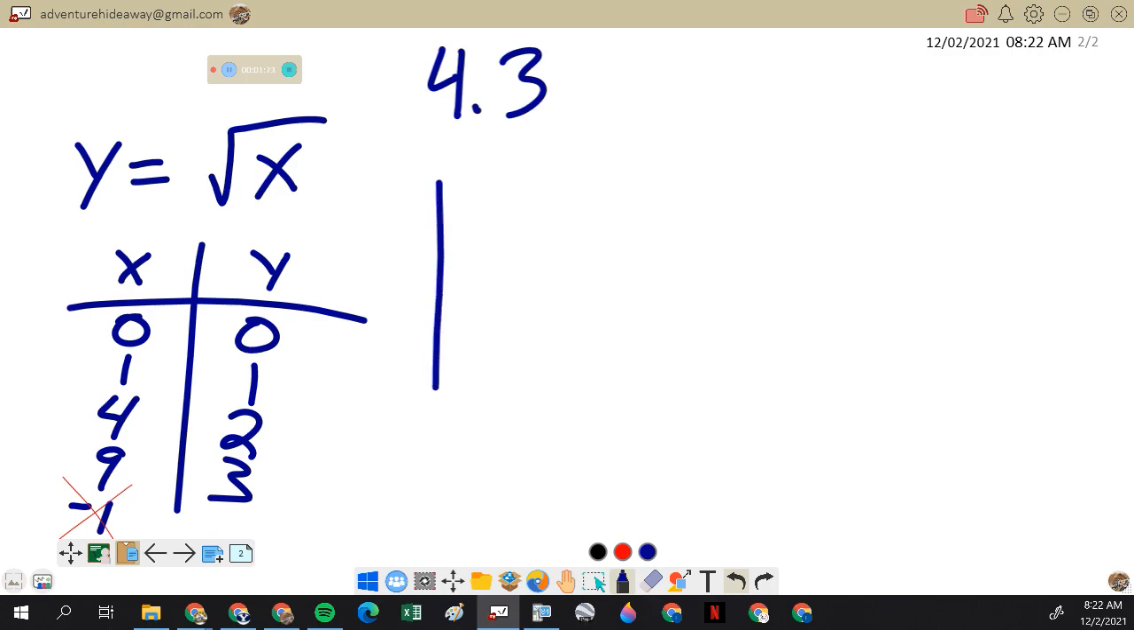If we graph those points, the square root function will look like this. Starts at 0, and then it shoots off to the right, going up, and then it levels out. And the further out you go, the more level it becomes. Okay? The cubed root graph,